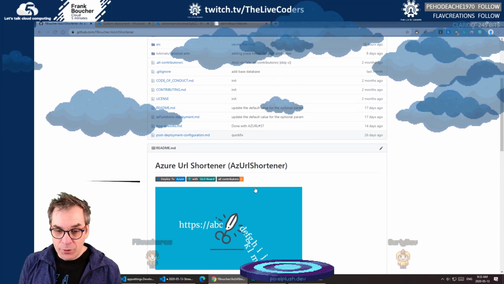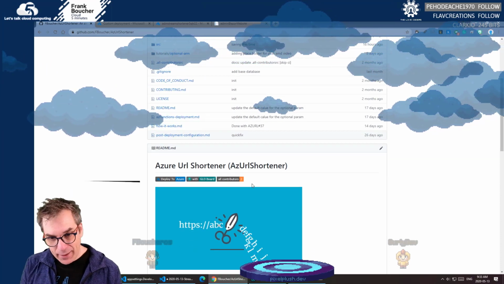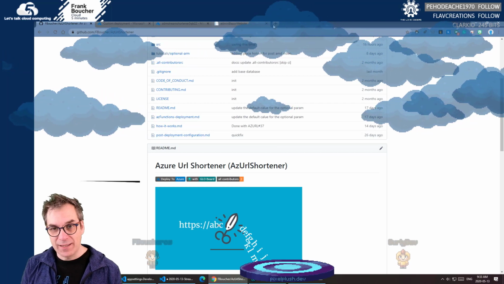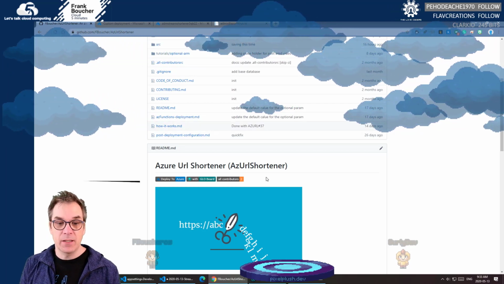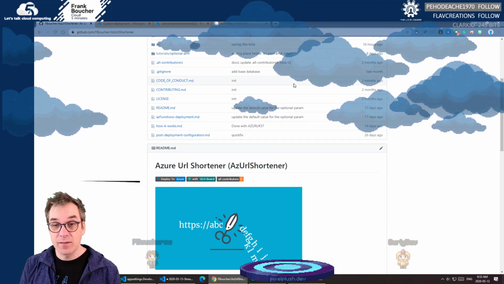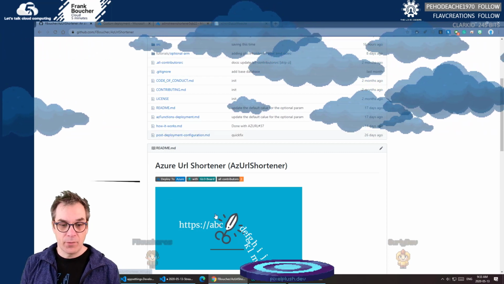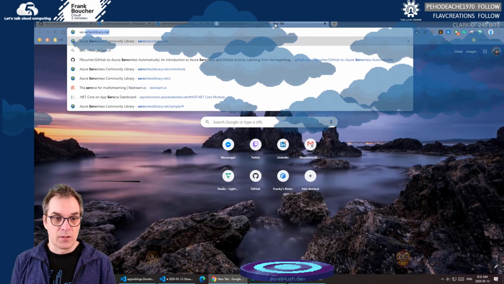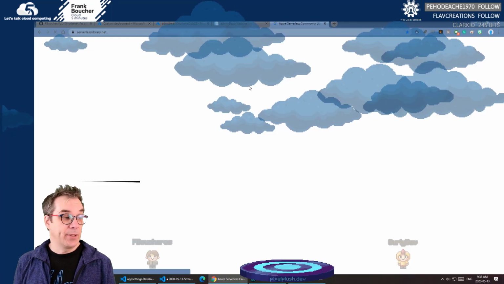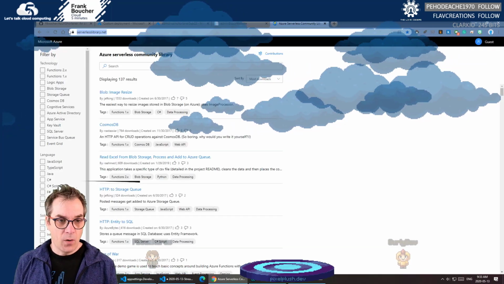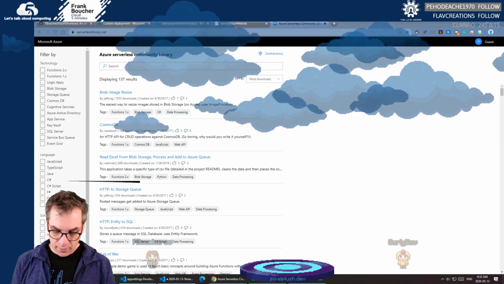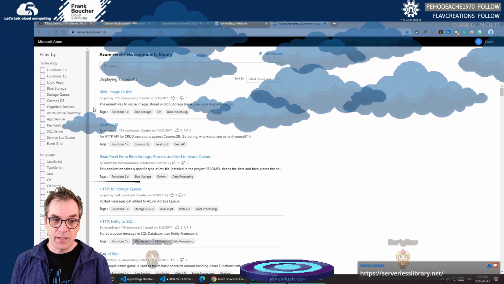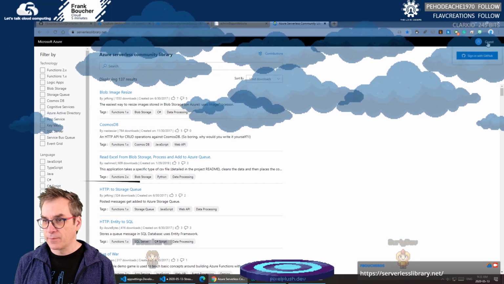So what I want to do is, in the past I had the button pointing to the serverless library, and I removed it because for some reason my project was removed from the library, but now it's back. So I just want to put it back. If you go to the serverless library, you have a bunch of different examples with serverless.